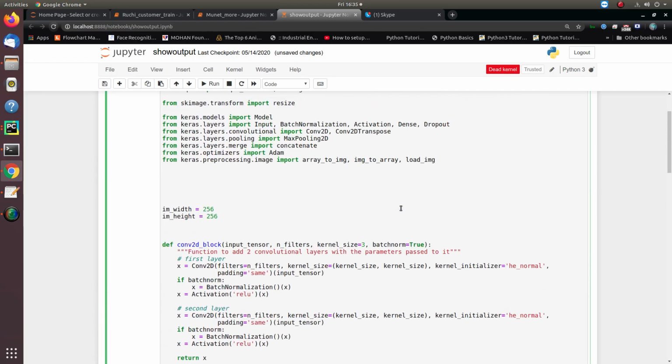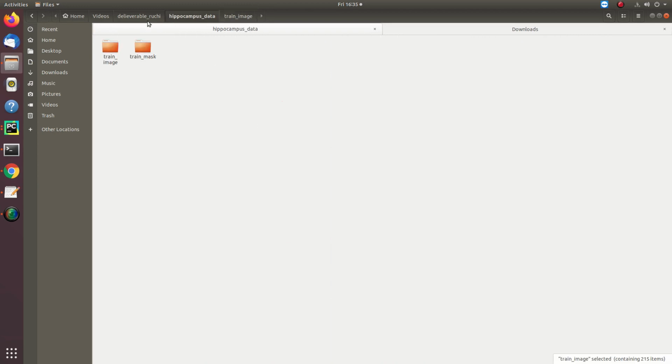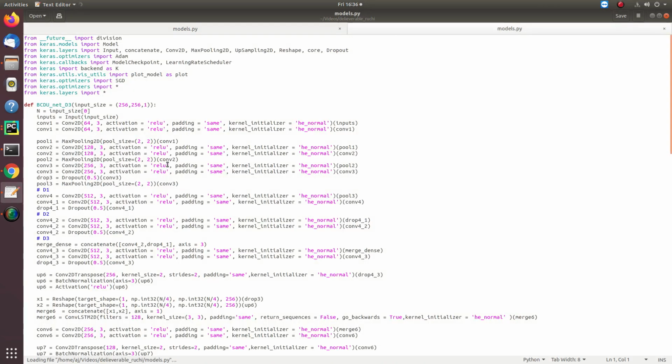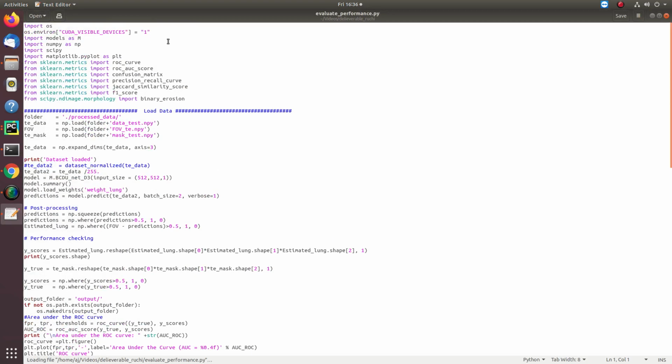If such a thing happens with you guys, all you need to do is add a few lines, because for validation you don't need CUDA to be processed. So you need to mention the bus ID as -1.